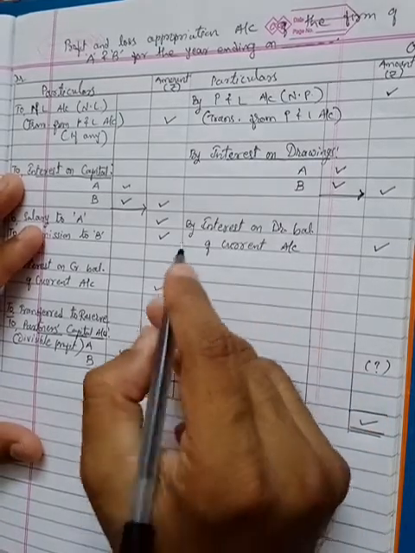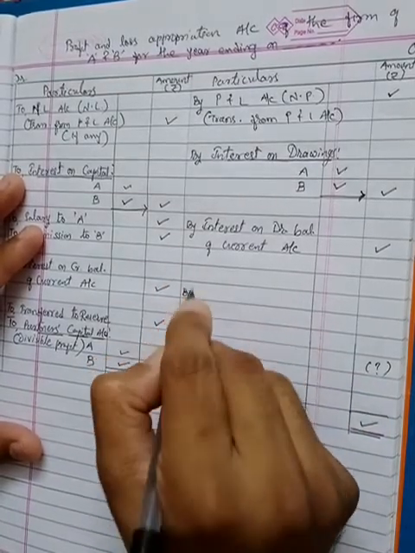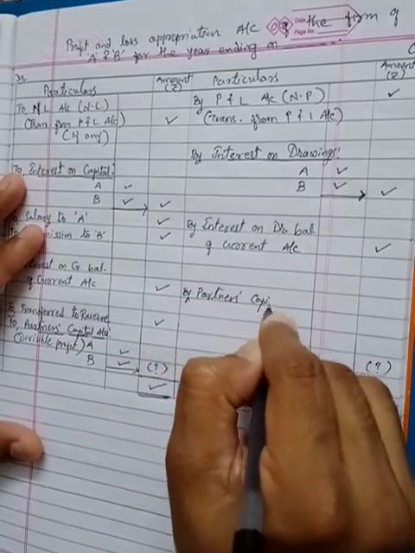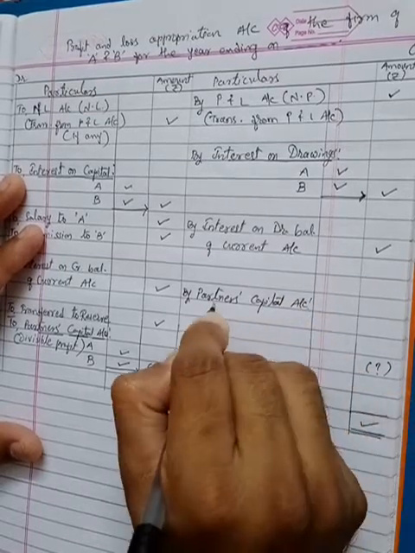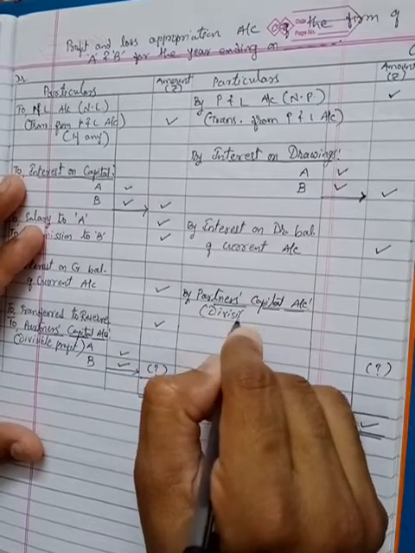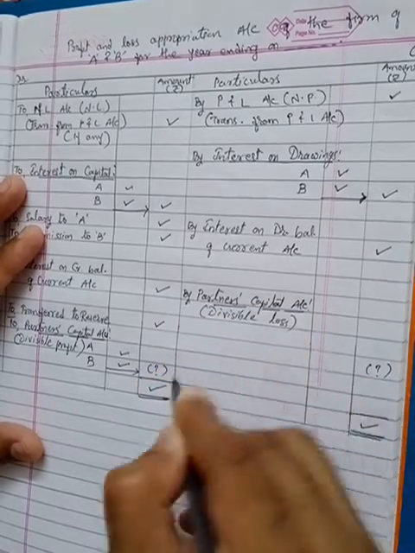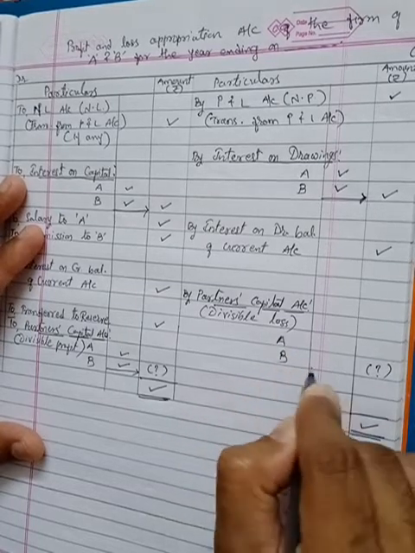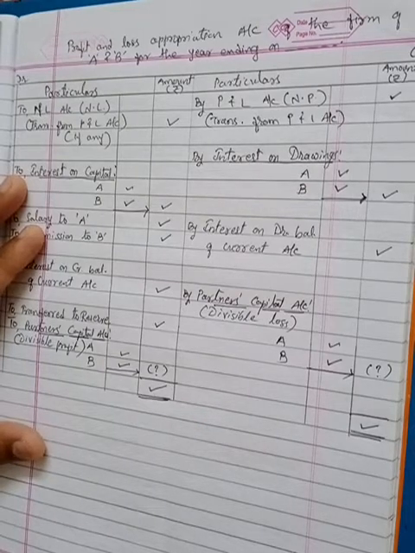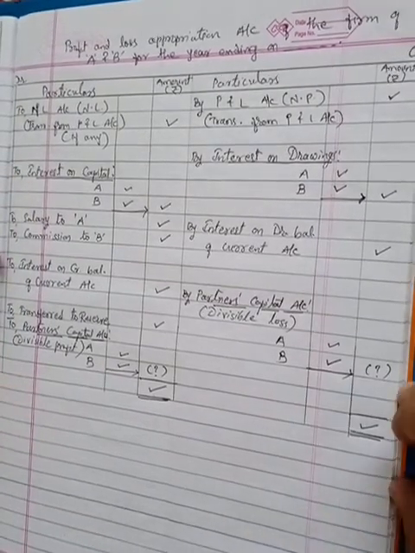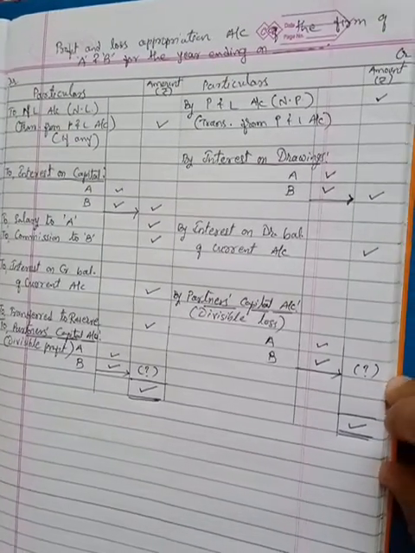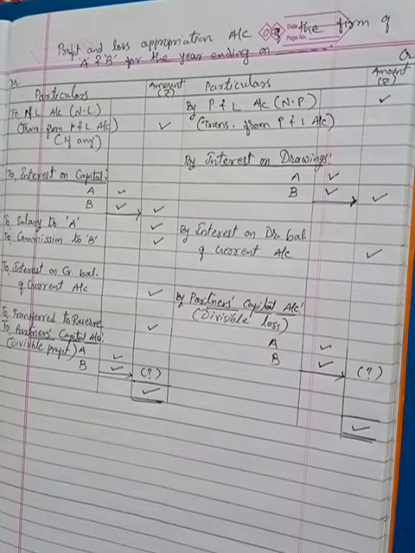So we'll show that distribution. I'm writing over here on the credit side, by partners' capital account or current account. If it is a fixed capital account method, it is known as divisible loss. Below that, names of two partners and their distribution, individual loss share in the inner column and total in the outer column. That is how the account can be closed, profit and loss appropriation account, and that is how we can distribute the profit or loss among the partners.